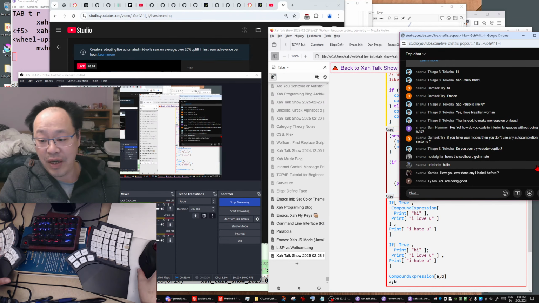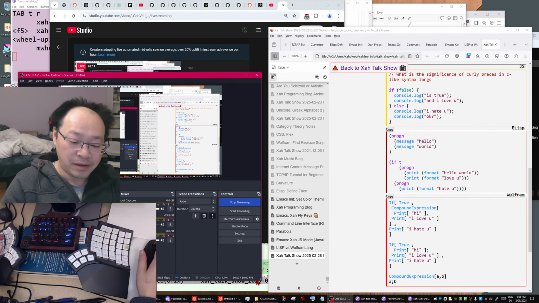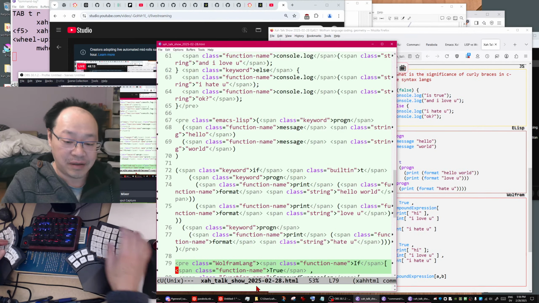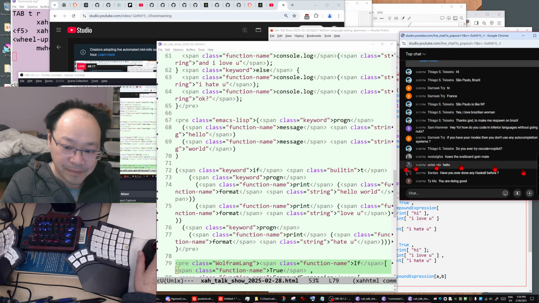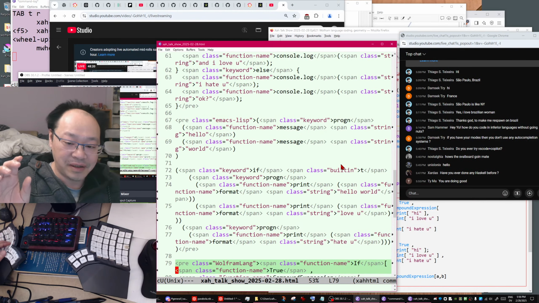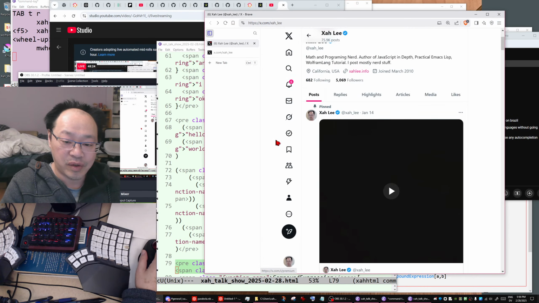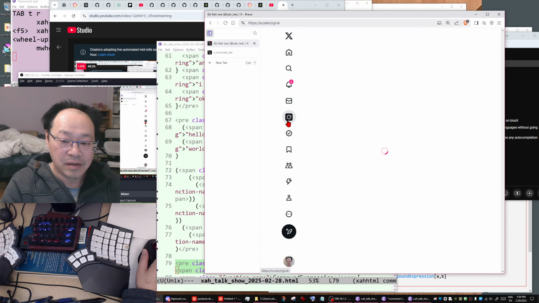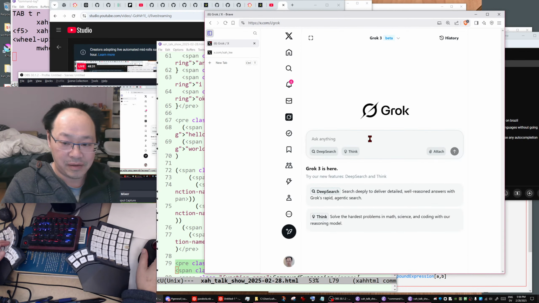Another question: do you ever try VS Code Copilot? No. I don't use any of the AI Copilot stuff. Okay, but they are useful. But if I want to use them, I go to Grok. Grok is very good, and it's also available on the website.